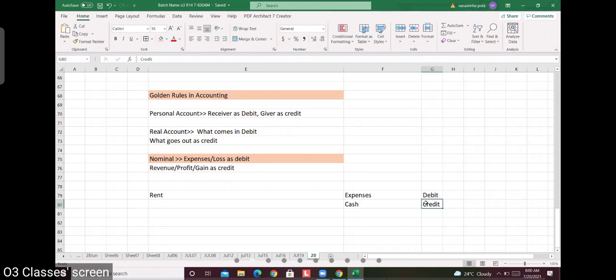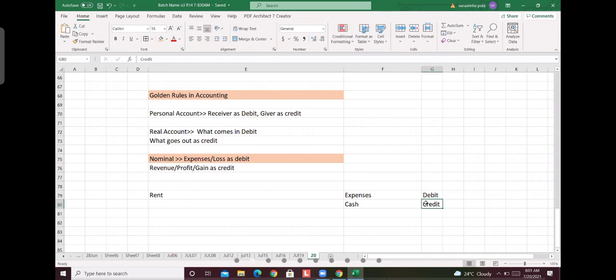Sir, what is a real account? What comes in: if you buy any item, computer or machinery, whatever items are coming to our organization, we call debit, like expenditure or as an asset. No, sir, real account. Real account only I am saying.